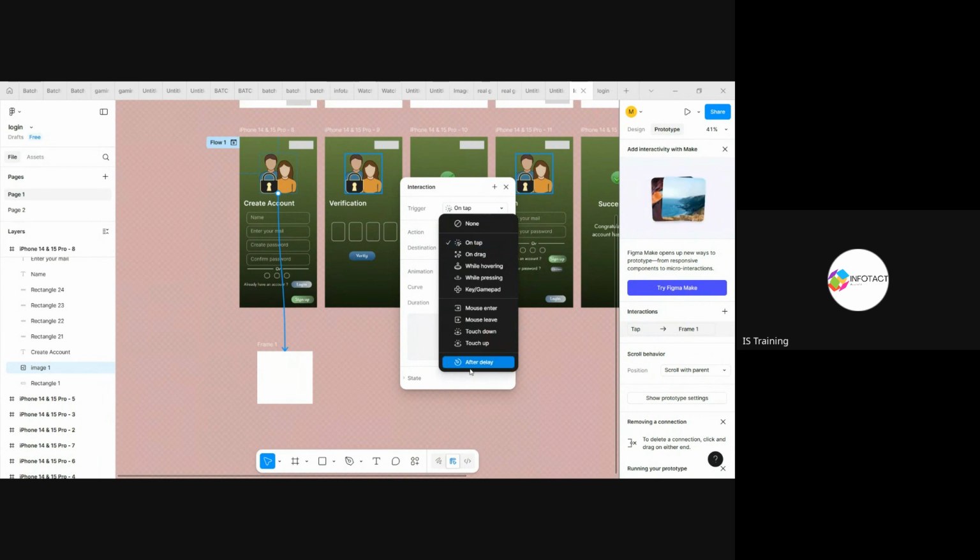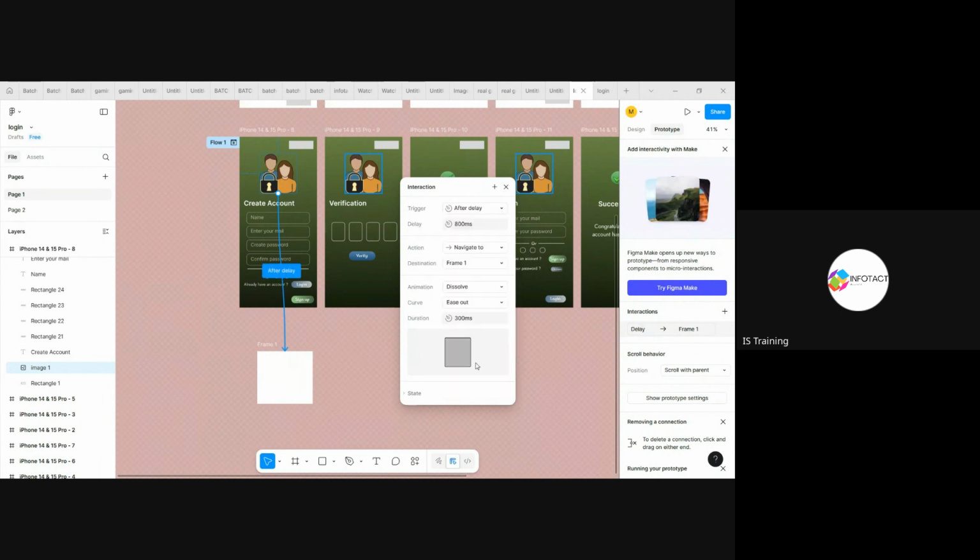Next is the after delay option. After delay means that after a point of time, a message or something you want to pop up on your screen can pop up. Let's go with this one. If I want this to pop up on the same screen, there are two things.